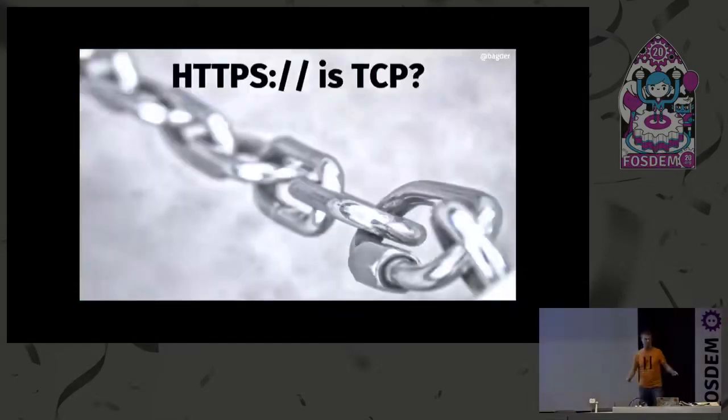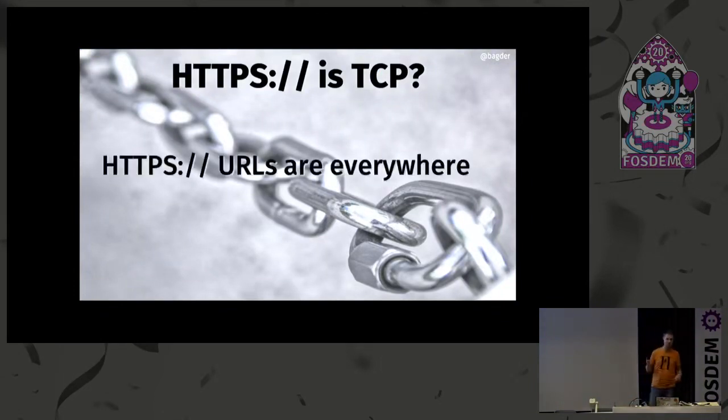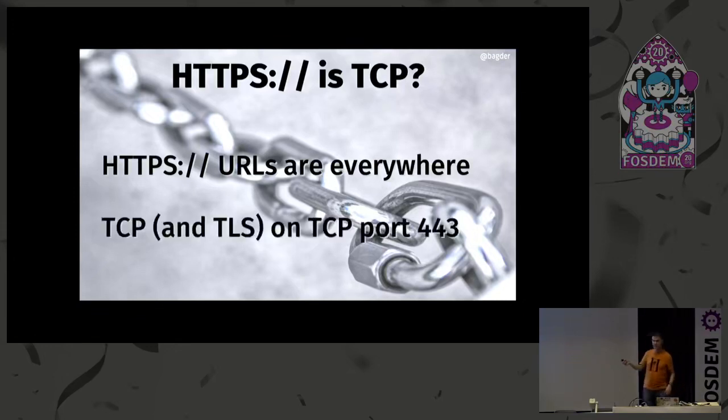Okay, so how do you get to this world of HTTP/3 over QUIC that is done over UDP, when https:// means TCP, right? If you ever try to check the internet, you've seen these URLs in a few places that they're not really possible to replace. We can't change these to anything else. We have these https:// URLs, we have to work with them, and they actually imply that you connect to TCP port 443 with a TLS establishment afterwards or on top. So how do you get to HTTP/3 from that?